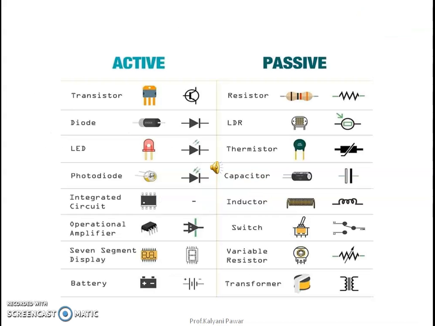Here we can see the comparison of active and passive components along with their symbols. Active components include transistor, diode, LED, photodiode, integrated circuit, amplifier, 7-segment display, battery, and passive components include resistor, LDR, thermistor, capacitor, inductor, switch,